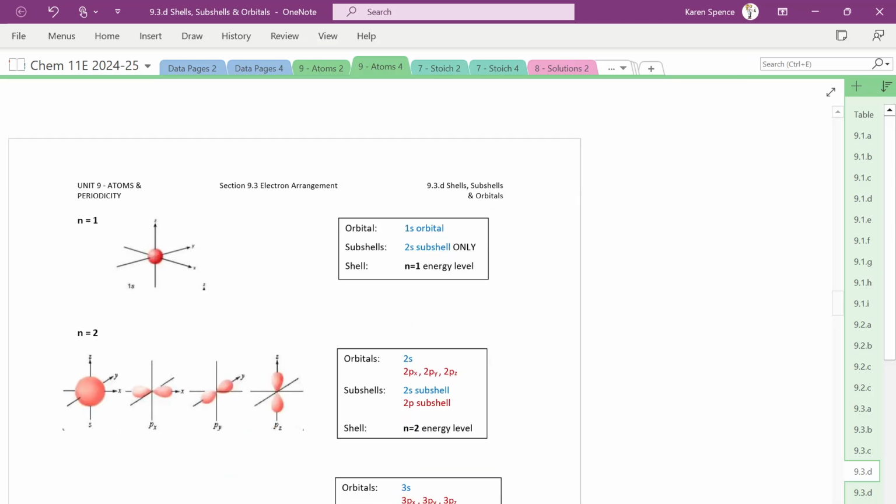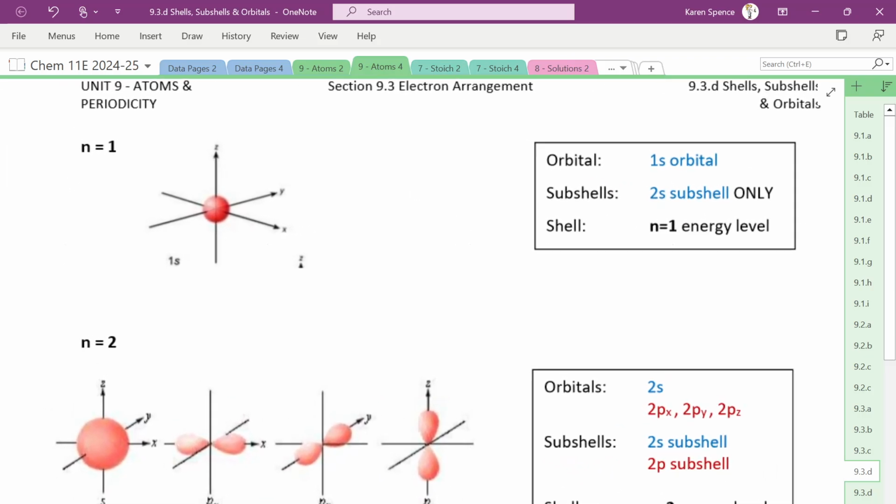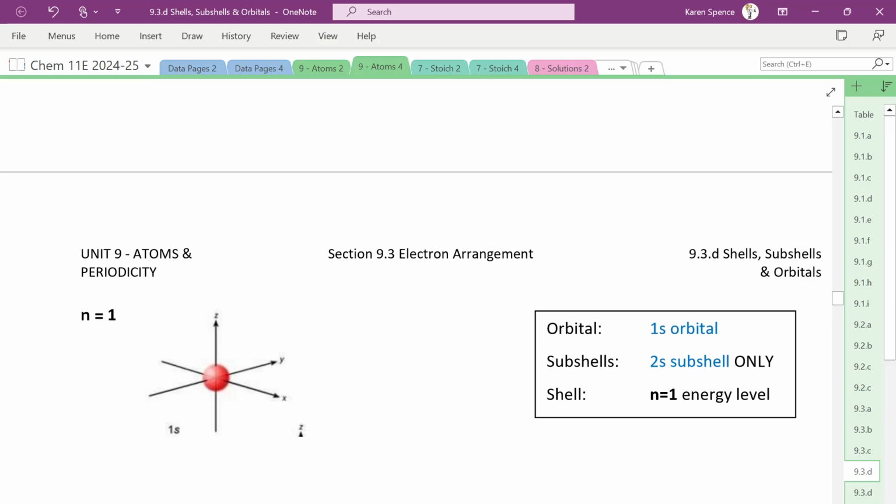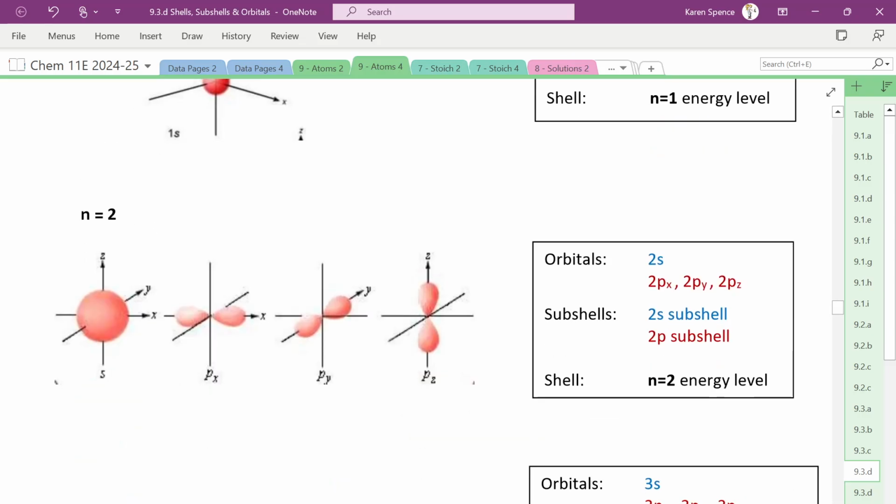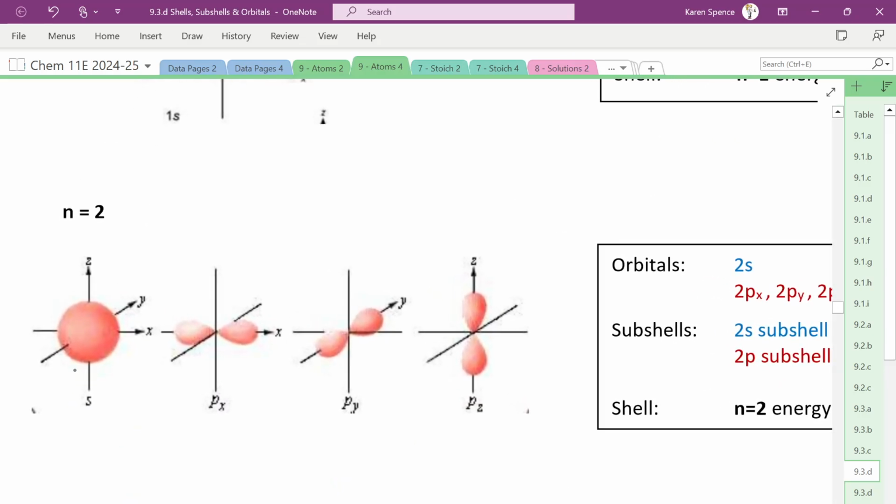It doesn't change. So here is energy level 1. It's just got the 1s orbital. Here's energy level 2. We have a 2s orbital and we have 3 p orbitals. I haven't bothered putting them at different energy levels because in terms of fitting everything on the page, it wasn't going to work. Okay, but at energy level 2, we have a single s orbital and so we have a 2s and we have a